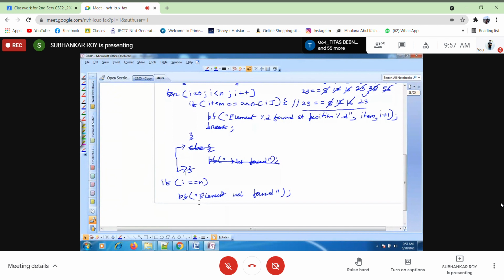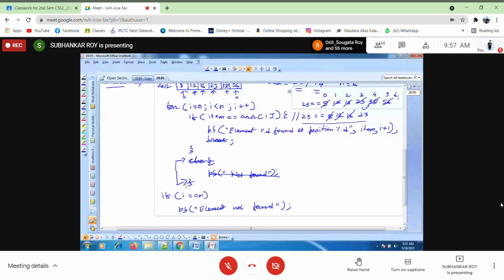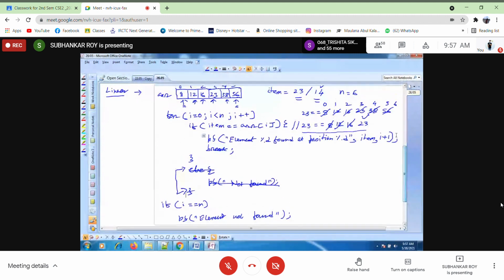So in case of element not found, i will iterate up to n, and then the loop will terminate. And in case of a successful search, i value will be at most 0 to 5, meaning 0 to n-1.